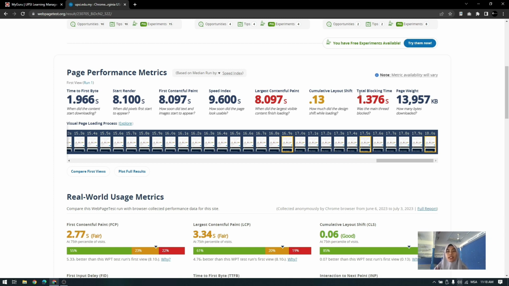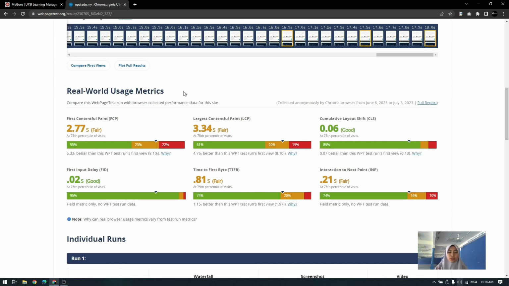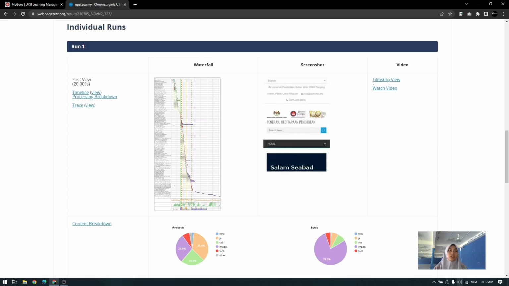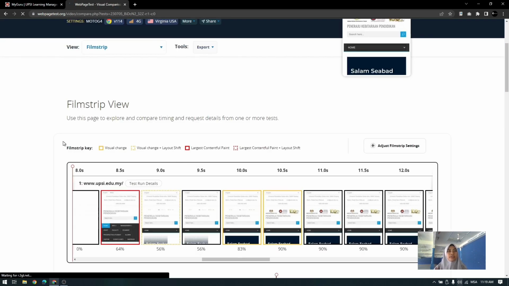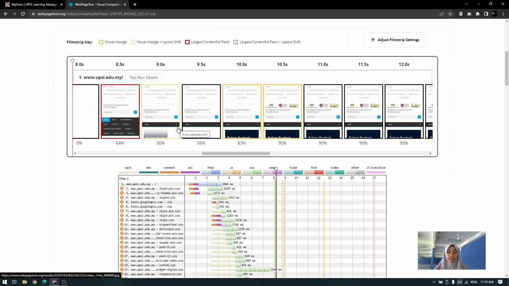For the total blocking time is 1.367 seconds, and the page weight of the web is 13,957 kilobytes downloaded. This also provides real-world usage metrics that simulate the loading and user interaction experience of a web page in the real world. This page also provides individual runs, to show waterfall, screenshot, and video for more understanding and better user experience. So we can click the film strip view button to see a visual presentation of the page loading process